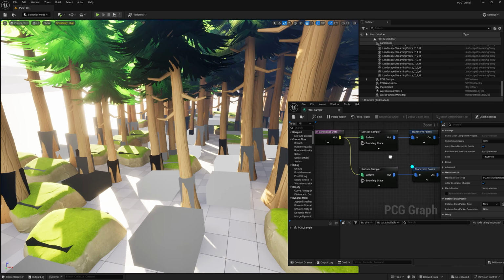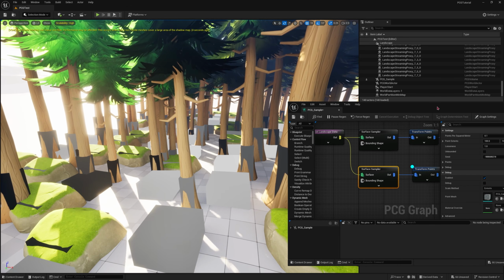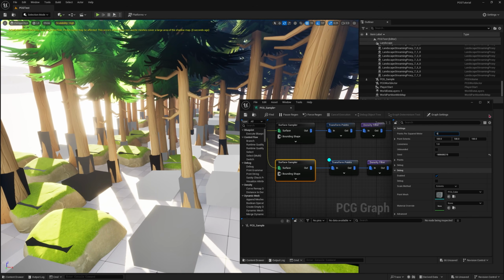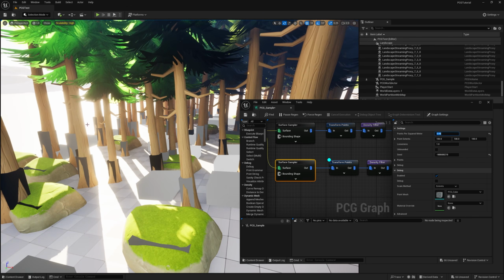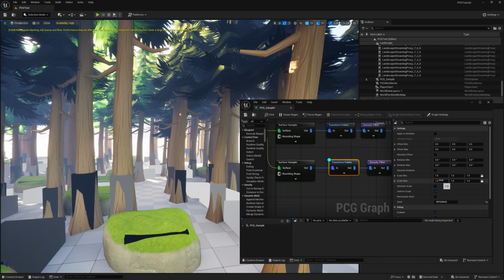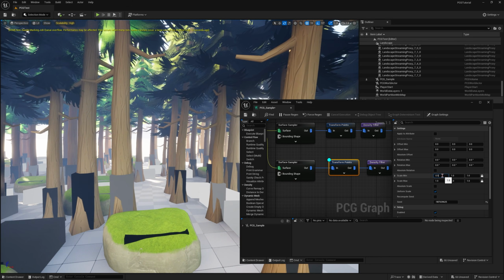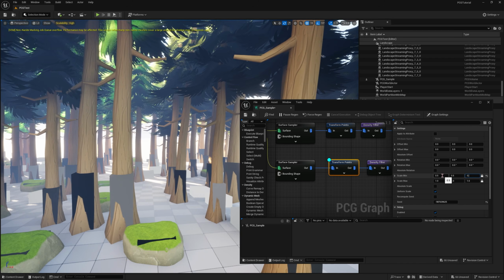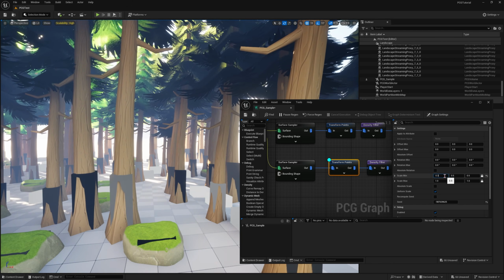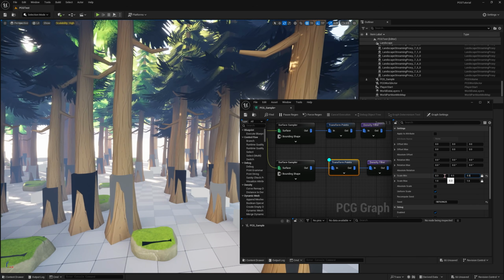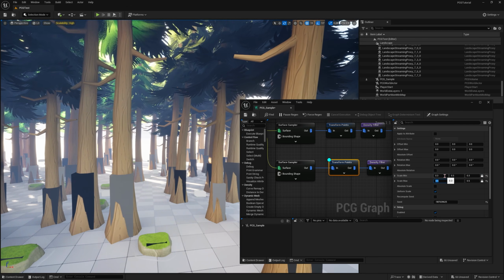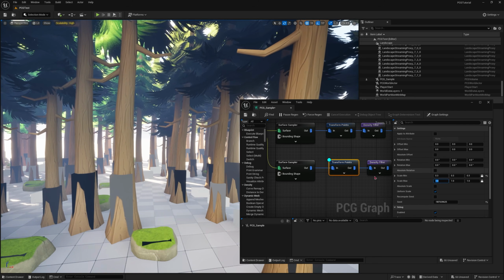Alright, let us now actually scale down. So from here, let us reduce this to 0.05. Seems fine, and let us scale down. So the min scale, let's set to like 0.5, and the max scale, or maybe less, 0.3, and this let's set to 0.5, or let's set this to 1. All right,